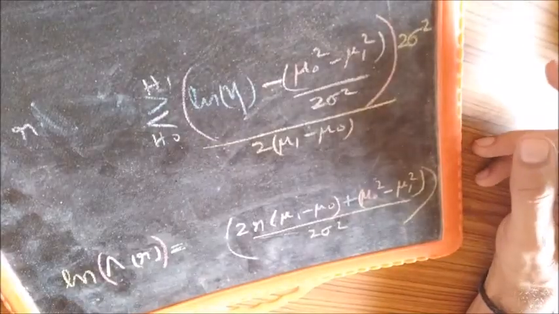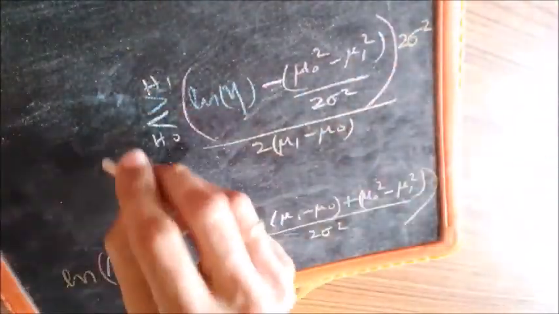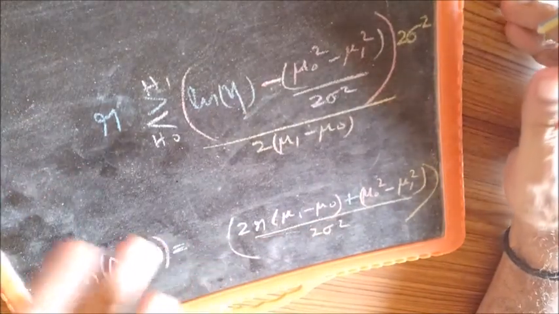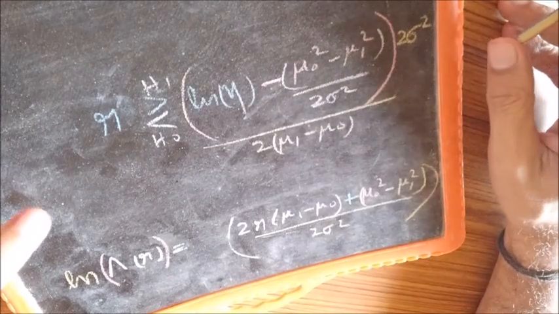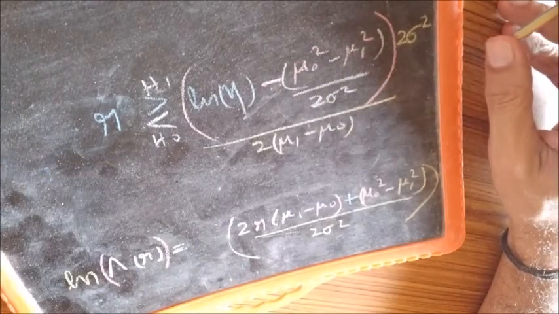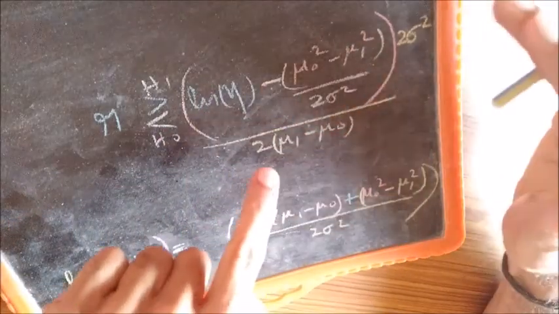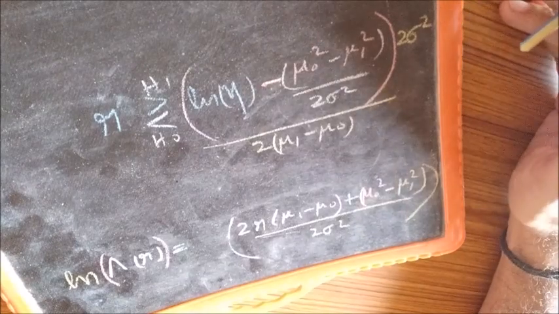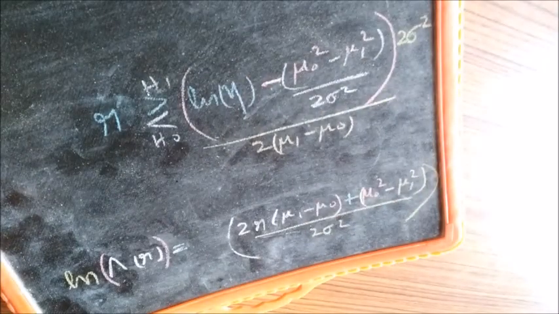Now if you see, all that we have to do is, the test is actually this. We have been able to simplify the test to something like this. We have to compare what we receive with what we have on the right hand side, and if it is more than what we have on the right hand side, we can declare H1 was the true hypothesis, and if it is less than what we have on the right hand side, we can declare H0 is the true hypothesis. And what we have on the right hand side is something that we can compute easily, because we have all these terms, all these known to us.